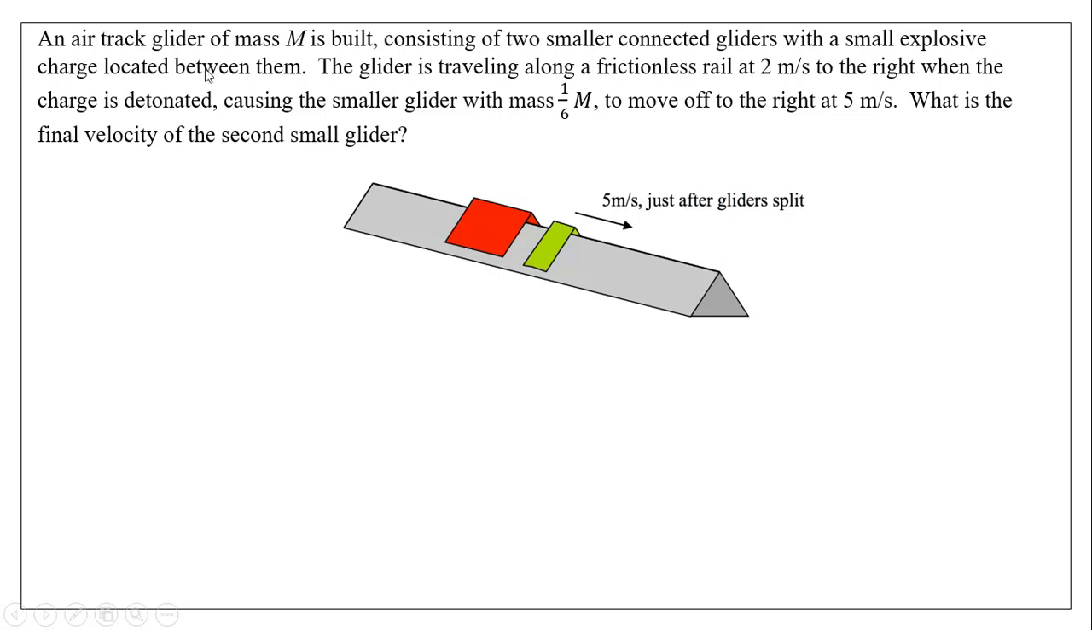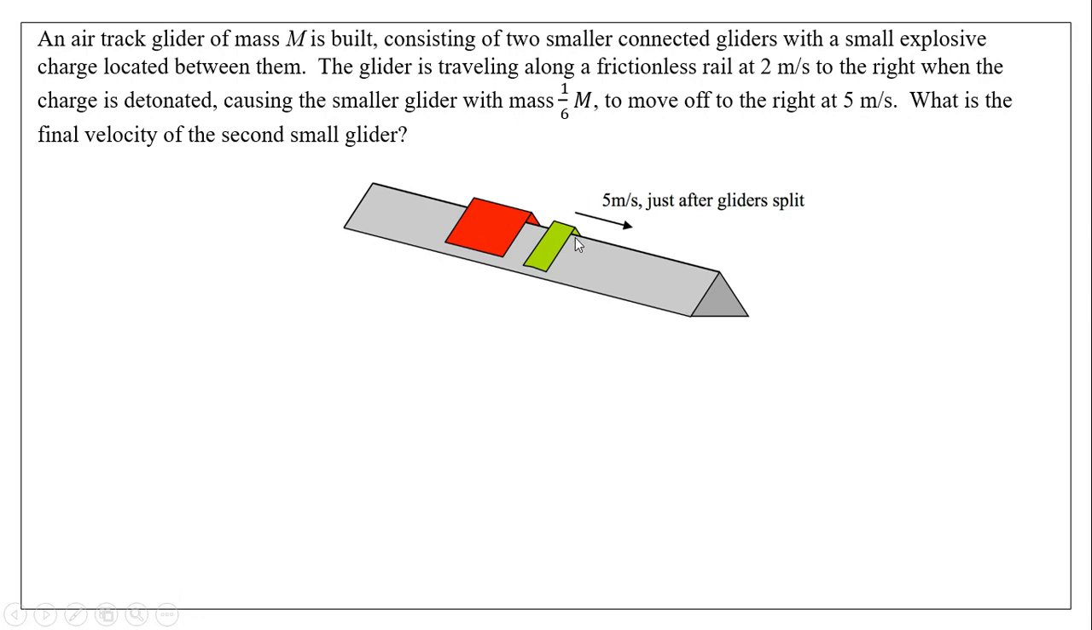Alright, so for this one, it's just an air track glider of mass M. It consists of two smaller connected gliders, and then a small explosive charge is connected between them. The explosive goes off, and then you have a system of two gliders now. The system is initially moving to the right at 2 meters per second, and then after it's